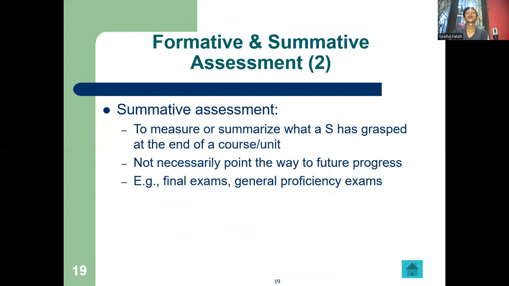The next, formative and summative assessment. Second, summative assessment aims to measure or summarize what a student has learned at the end of a course or unit, not necessarily pointing the way to future progress. Examples: final exam, general proficiency exam. Next,